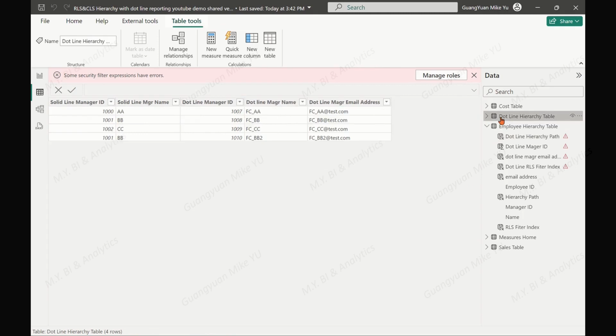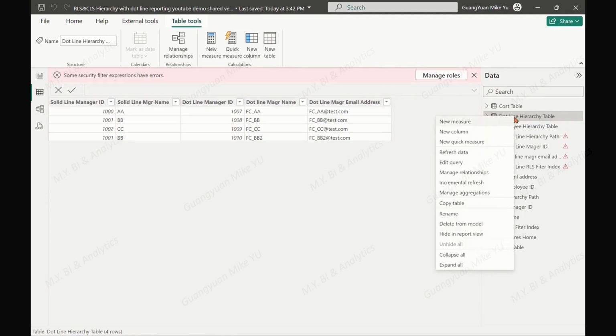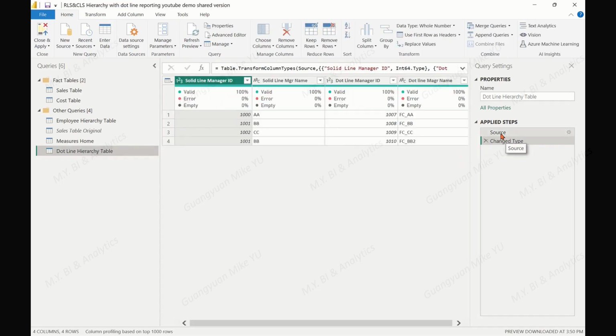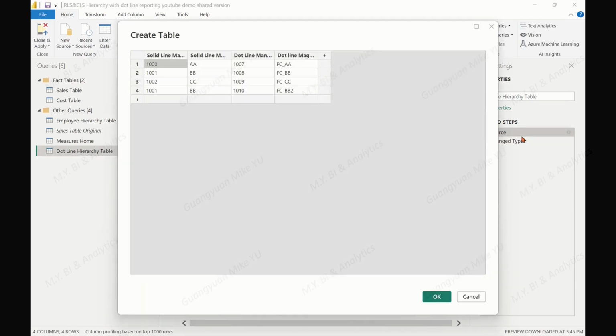Okay, let's get started. First, let's add more different types of dot line managers in the dimension table dot line hierarchy table, according to the mentioned scenario. Let's add two additional FC managers, one as FC_BB2 for the solid line manager BB level, one as FC_CC2 for the solid line manager CC level. Then add four HR managers for each solid line level: